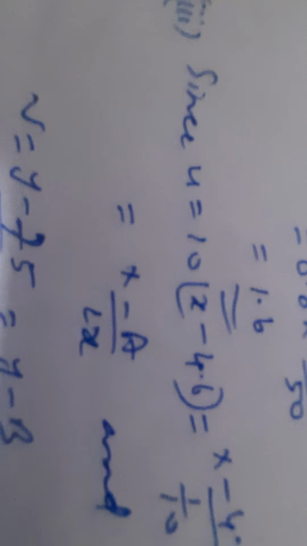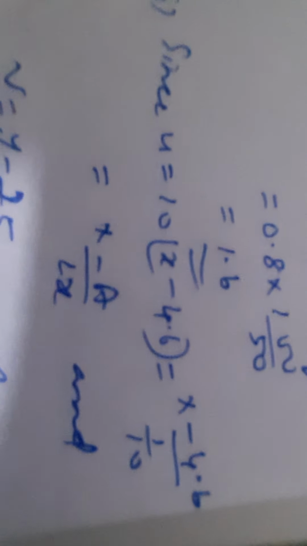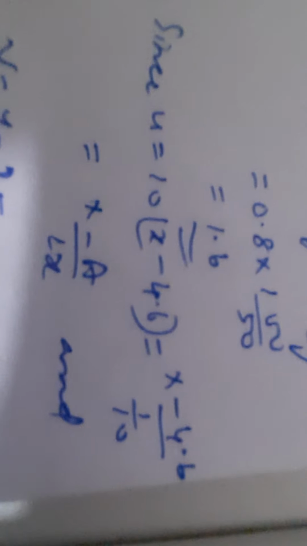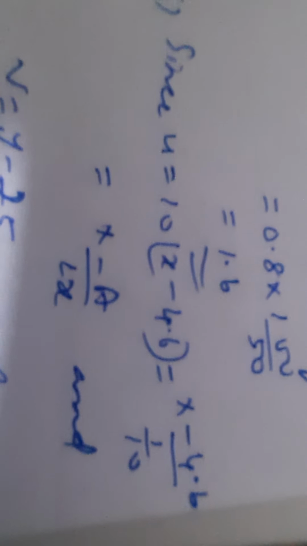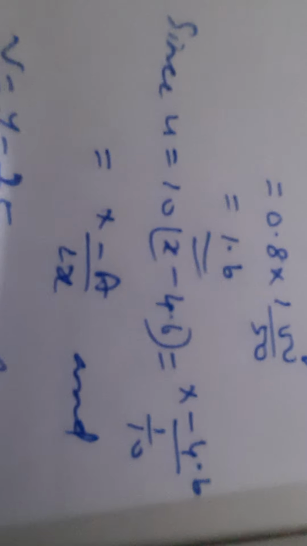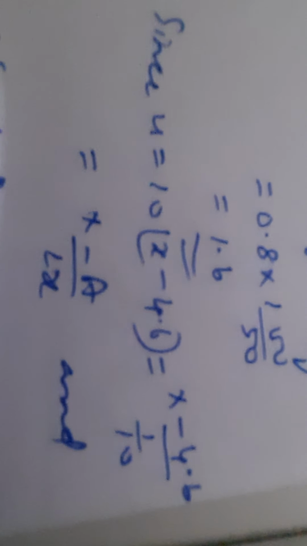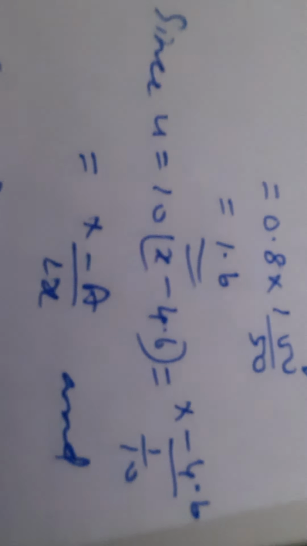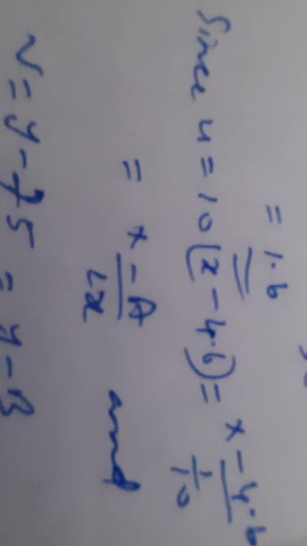Third one is u is equal to 10 into x minus 4.6 and v is equal to y minus 75. Here there is multiplication with 10 in case of x or u, whereas in v it is multiplied by 1 only. Okay, and therefore what we do, since u is equal to 10 into x minus 4.6 equals x minus 4.6 upon 1 upon 10, where we are taking it down as a denominator, so it is 1 by 10. Multiplication becomes division here. So x minus a upon